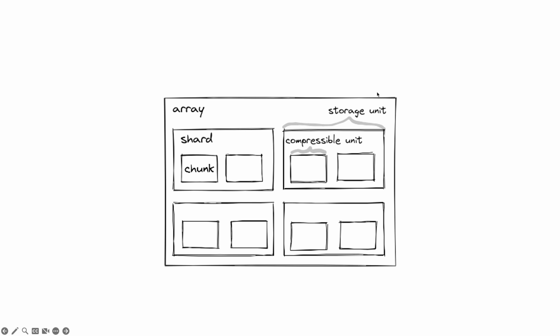So I'll show you this graphic, which I probably should have shown earlier. In the context of your data set, this is just one array in the data set. You have a shard which holds a bunch of chunks. The shard is the unit of storage, and the chunk is the unit of compression or transformation or what have you. So in a lot of situations today, if one shard is one chunk, then these are just the same thing. But